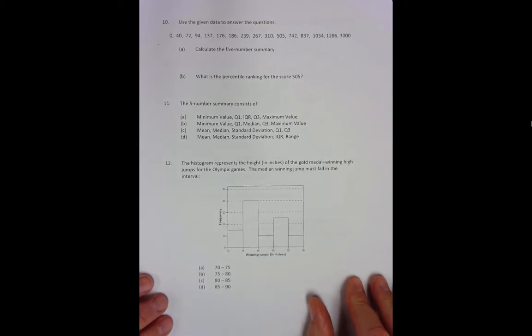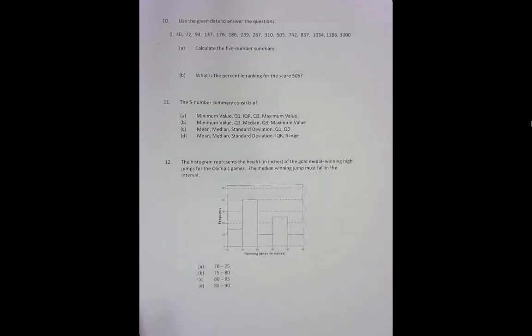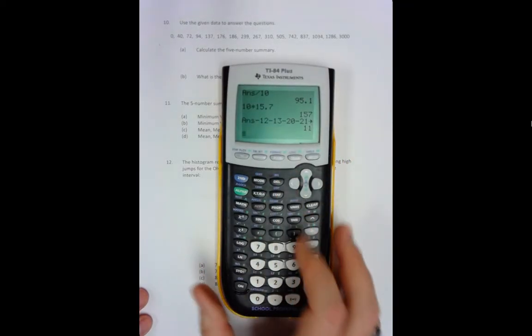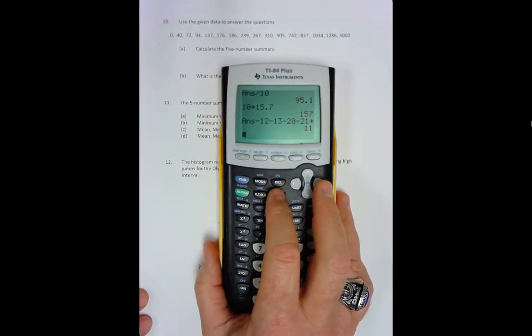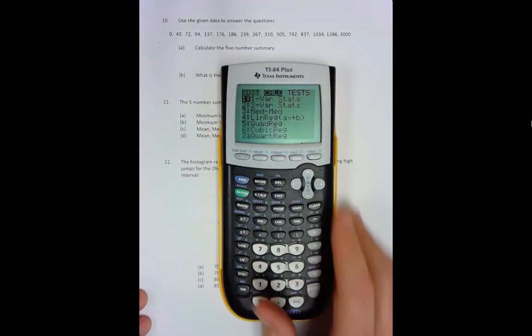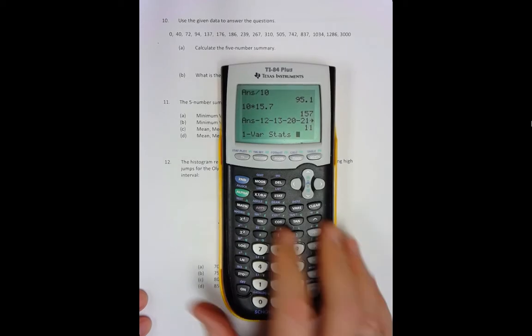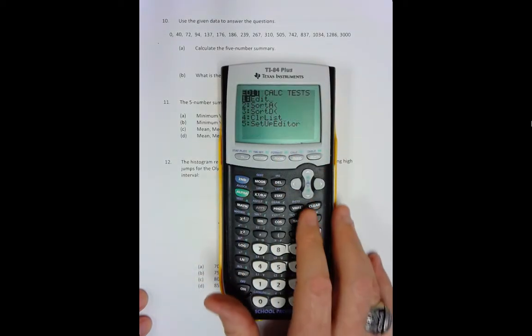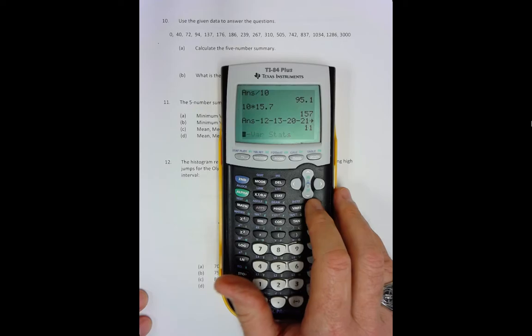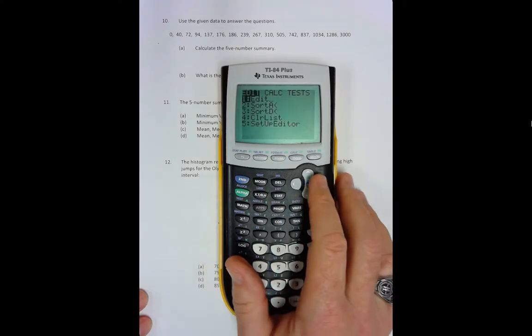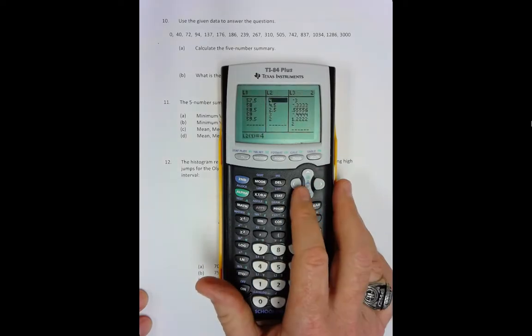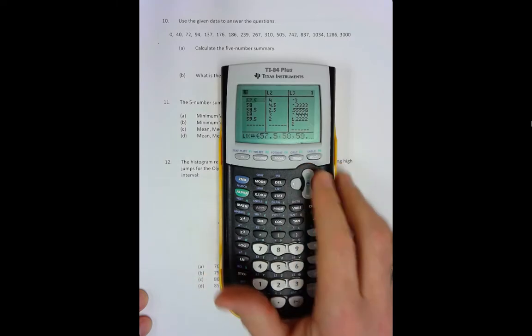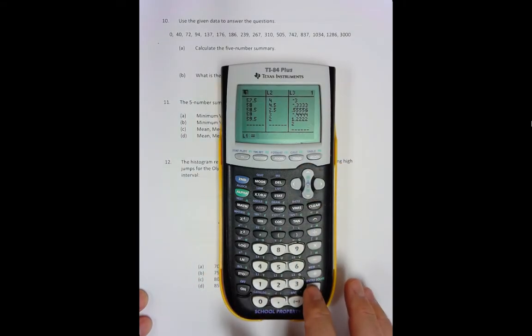All right, use the given data to answer the questions. Calculate the 5-number summary. Guys, I'm going to use the calculator here, so I'm going to go to Stat. I'll tell you what, let me get out of there. Okay, so Stat, Edit. I'm going to go to L1. First thing I'm going to do is clear out the information. And then I'm just going to type 0, 40,